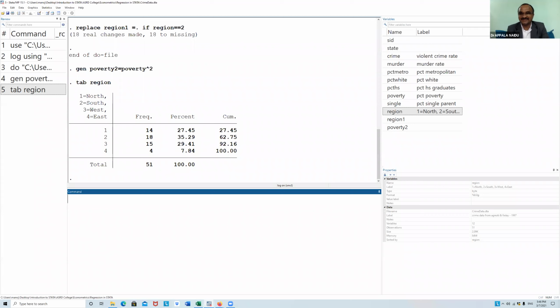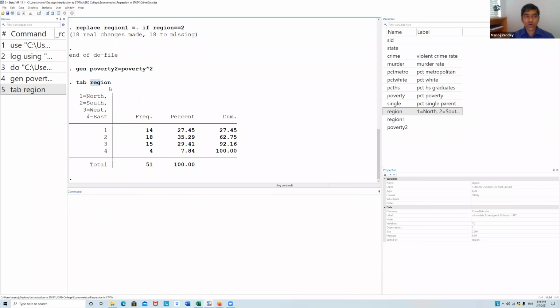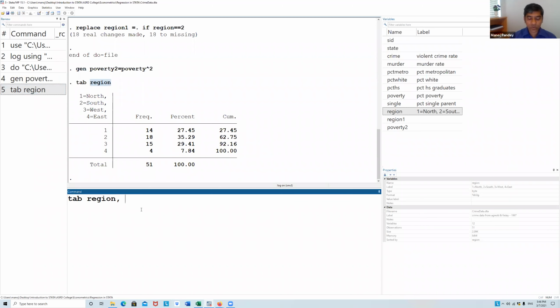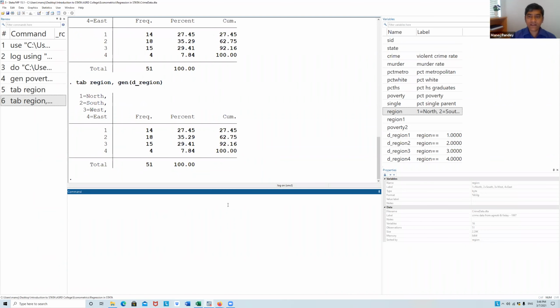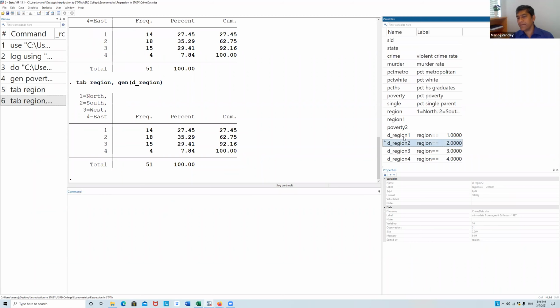So I was telling you that you cannot just use this in the regression directly. You have to create dummy variables for it. In Stata, I showed you that to create a dummy variable, you have tab, region, and then generate, and then you can give any name like the region, this, and when you enter, you will have 4 different dummies here.